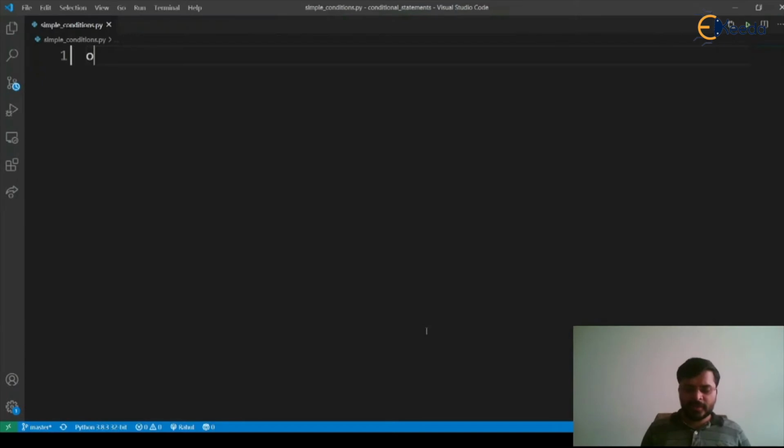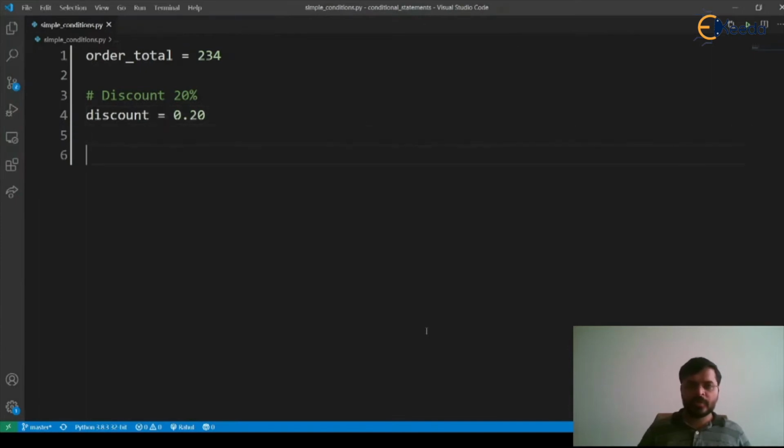Let's say we have a variable called order_total which has the total value of the order, and we want to give a discount of 20%. So basically discount equal to 0.20, and if the order total is greater than 200, then only we want to apply it.